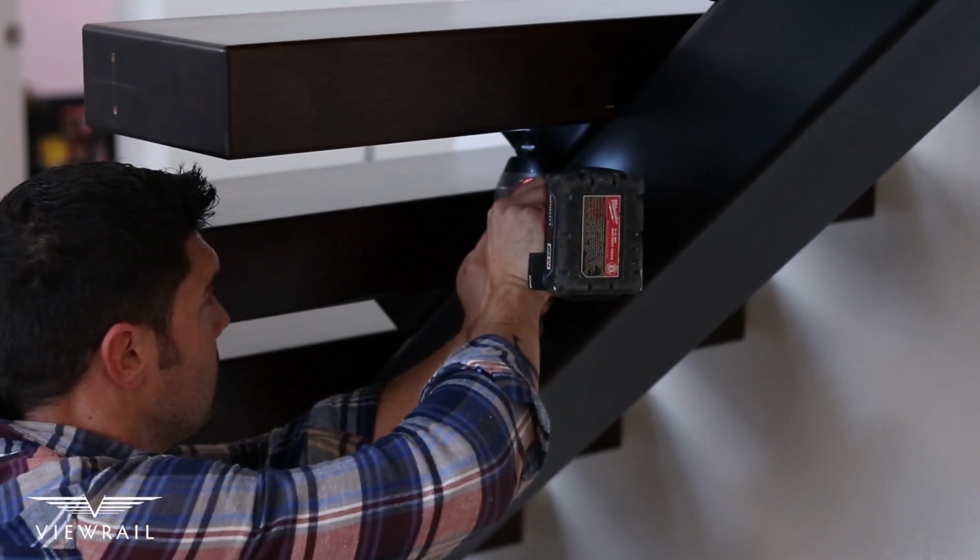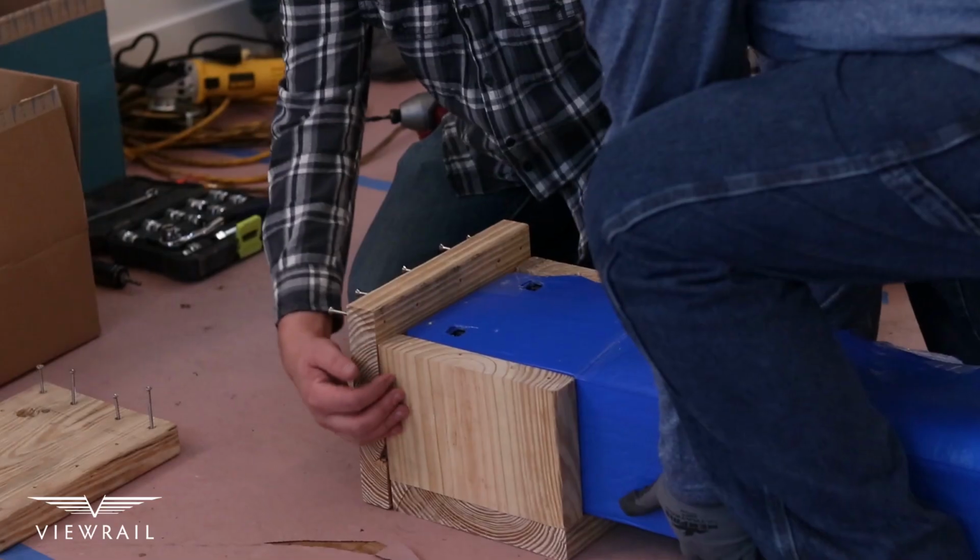installation. When we had a fully welded system, you had to pretty much carry that entire stringer assembly in through the door and then lift it all up into place. A fully welded system could weigh somewhere between 500 and 800 pounds, depending on how many treads and the different